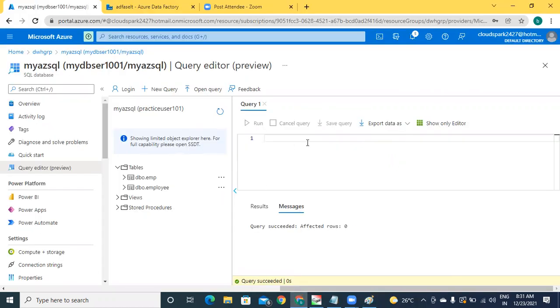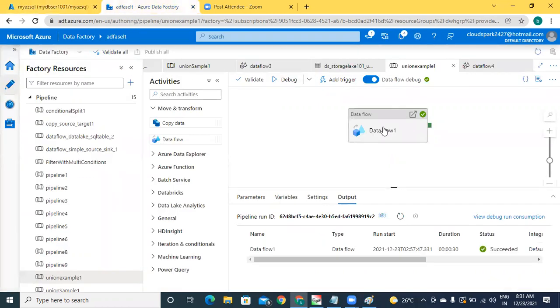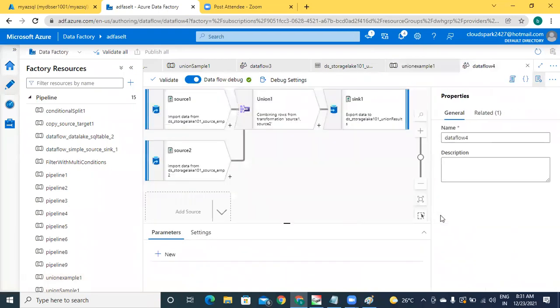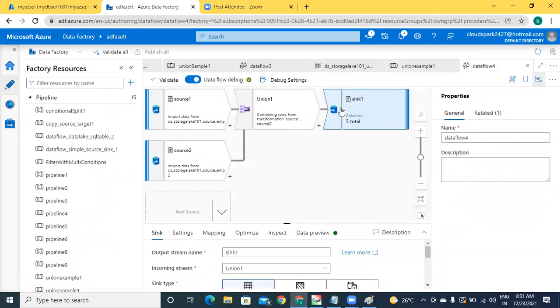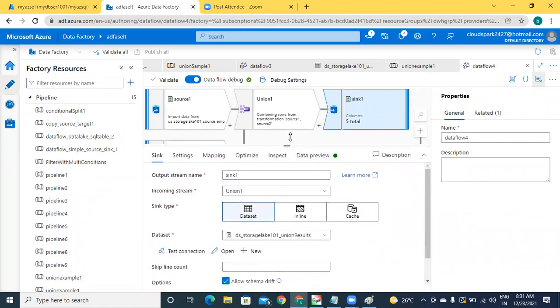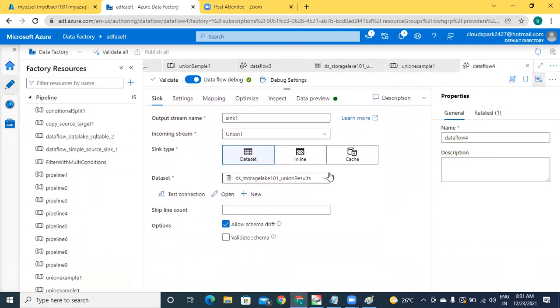Come back to this one. Instead of recreating everything, I will just modify your data flow. I'm opening that flow. This is our flow. I'm going to modify this sink. Previously in the sink, data lake data set was selected.